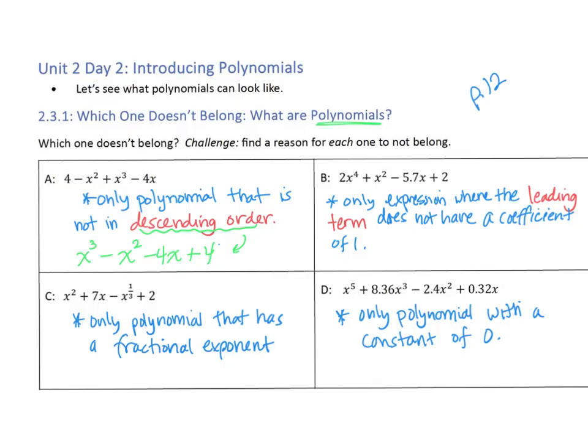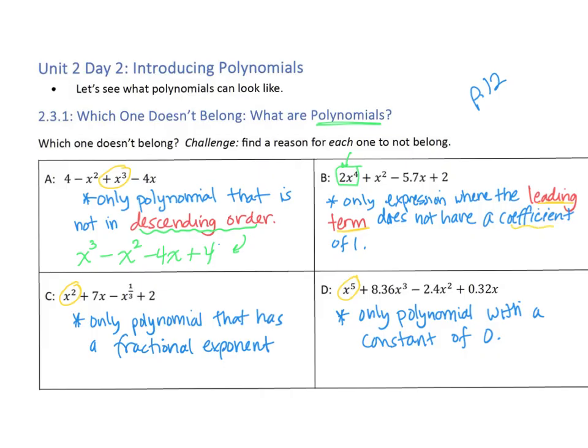Letter B. You might have said that was the only polynomial that had a leading coefficient of 2 and not 1. What do I mean by that? Well, this is my leading term because it is the term with the highest degree. The leading coefficient there would be 1. This is the term with the highest degree. The leading coefficient there would also be 1. In letter D, x to the fifth is the term with the highest degree, so the leading coefficient there would be 1. In letter B, 2x to the fourth, that's the highest degree of 4, but the leading coefficient is 2 and not 1. The leading term is the term with the highest degree, and the leading coefficient, the word coefficient,